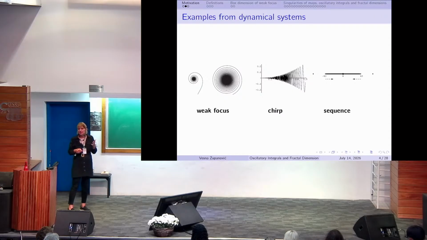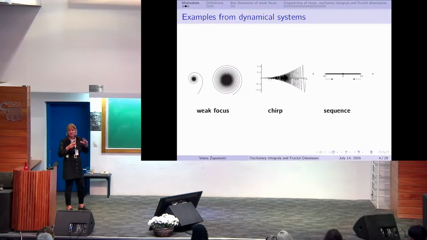A weak focus is simple because after blowing up, the resolution of singularities, in a weak focus there are no other singularities. So when we regard the Poincaré map, for example, in any direction, the asymptotics are the same. But in our research, we also had different types of focus: nilpotent focus with nilpotent Jacobian, and also degenerate, which means no linear part. They are different and there are still open problems there.